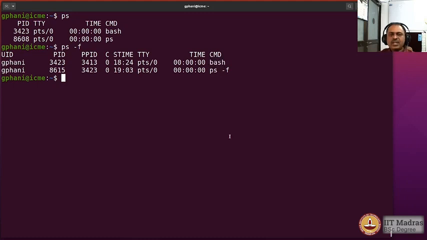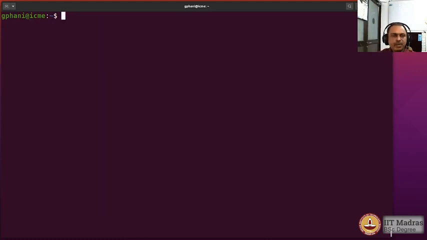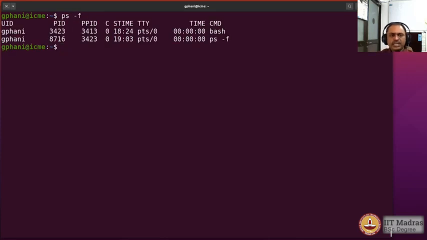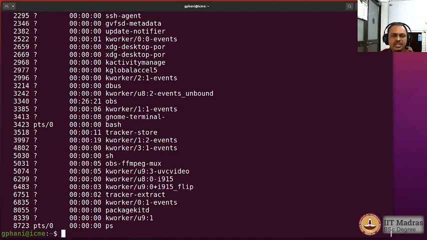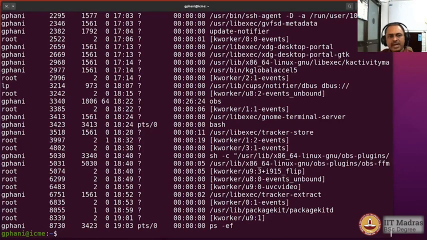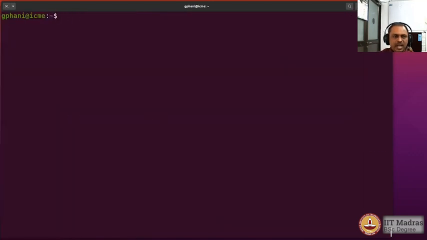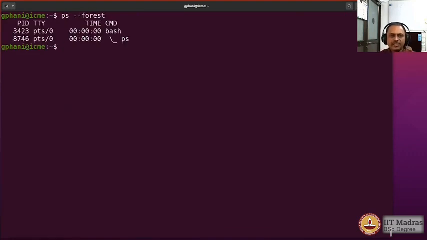So you can actually see how the child process and the parent process can be identified using the output of the ps command. Some of the important options for ps are: ps -f to see the parent ID also, ps -e to see all the processes that are running, and you could combine them both, ps -ef, to list the parent ID as well as all the processes that are running currently in the operating system. And you could also have the option --forest to see the processes in a way that is easy for a novice user to identify.